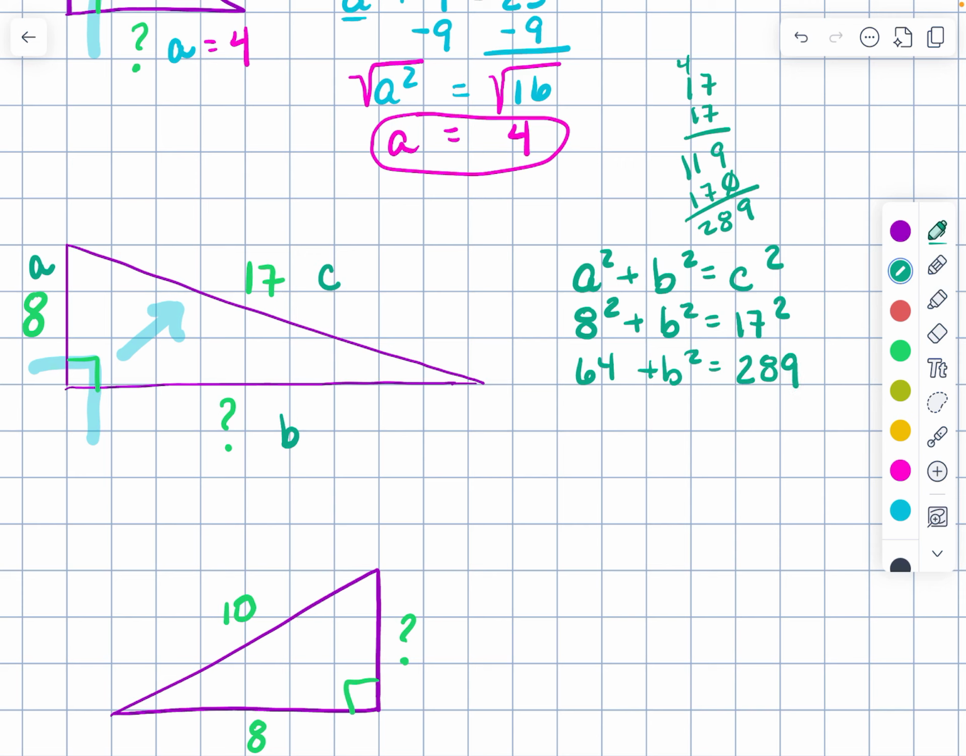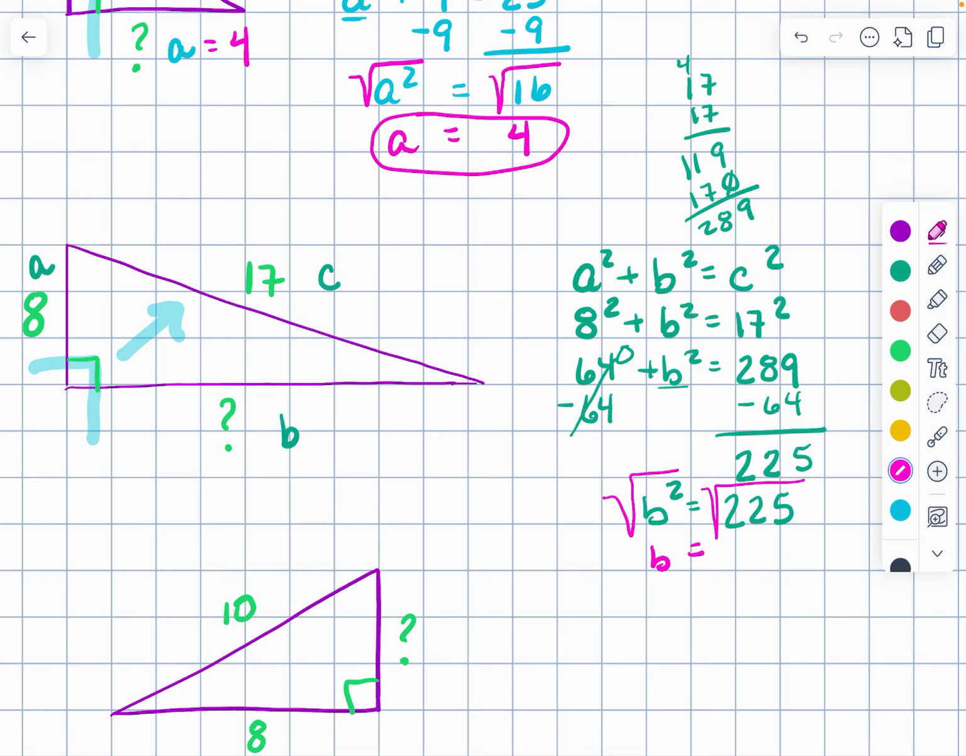All right, now, again, our goal is to get b by itself. So I'm going to subtract 64 from both sides. So 64 minus 64 goes to 0. And this is 9 minus 4 is 5. 8 minus 6 is 2. And that is a 2. So now I've got b squared is equal to 225. Again, I just want b, not b squared. So I'm going to take the square root of both sides, and I get b is equal to,